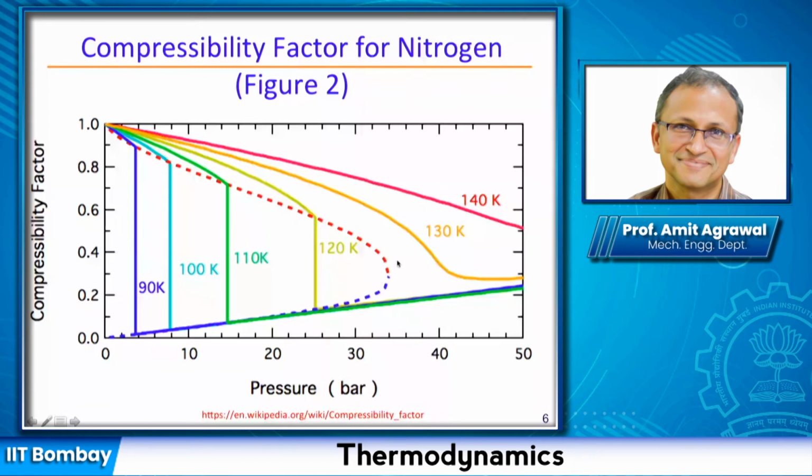We have seen that at the critical point, the isotherms exhibit an inflection point. So if you take a value corresponding to something like 126 Kelvin for nitrogen, because it is passing through the critical point, it will exhibit an inflection point. It will be something like this here, which is not shown. Beyond this temperature and beyond this pressure, the gas is now in the supercritical state. And below that, loosely, you can say it's liquid and it is vapor. I hope that answers your question.